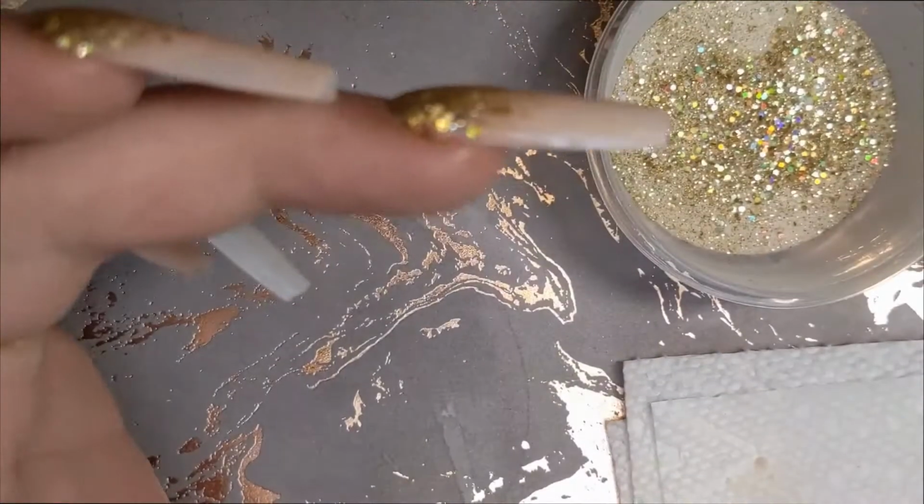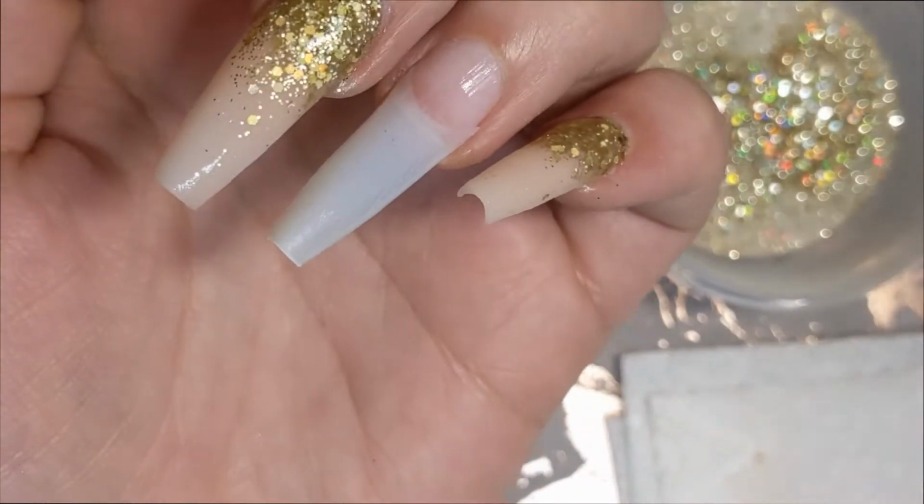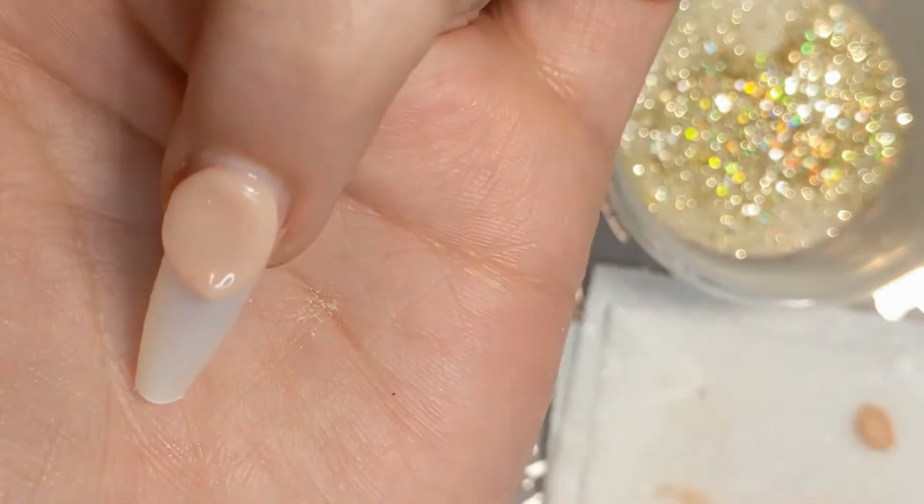For the bling finger, we're going to take that cover beige and just apply it all over and get a full coverage. Sorry it's in and out of focus. I'm still trying to get used to my new camera setup with